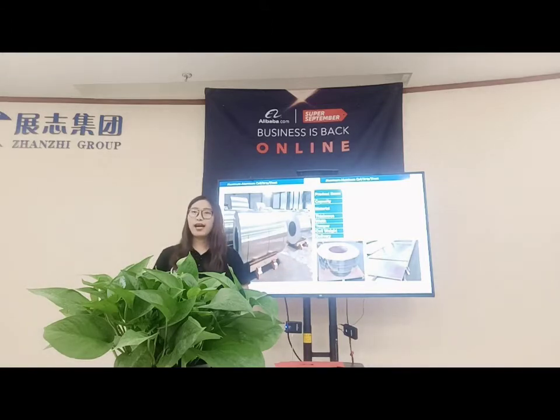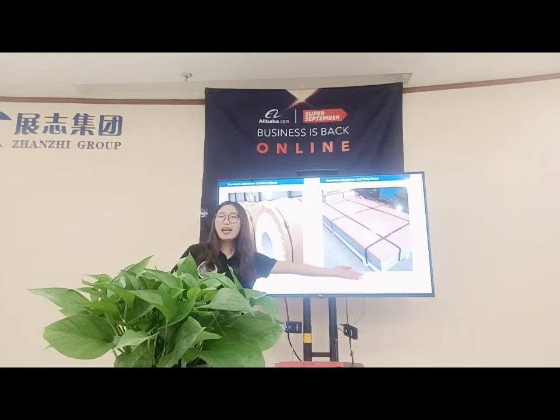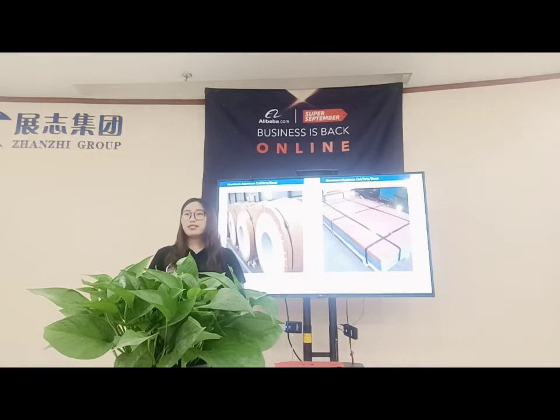And we can supply the coil weight from 1 ton to 4 tons. And we will deliver the goods to you within 30 days after receiving the deposit. Next, I will introduce the package of them. From these pictures, you can find they are wrapped with waterproof paper and plastic tapes, all of them on the pallet to keep stable. Besides, they are widely used in many industries, like building construction, equipment,